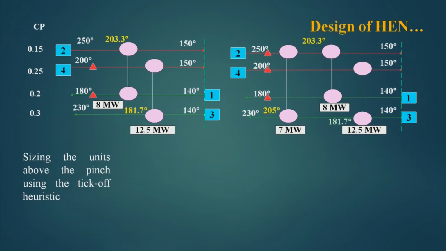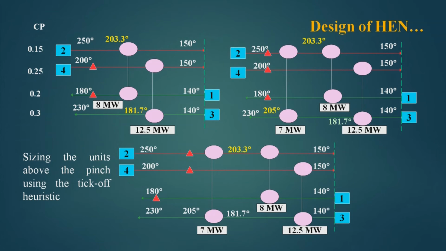Now, this stream needs to be heated up from 205 degree centigrade to 230 degree centigrade, and this will be done by the hot utility. So, this is the scenario with us. So, we put a hot utility here of 7.5 megawatt, and this we can calculate: 230 minus 205 into 0.3. So, it comes out to be 7.5 megawatt. So, if I pass 7.5 megawatt here, the temperature will rise from 205 degree centigrade to 230 degree centigrade.